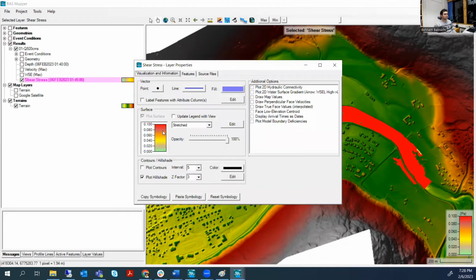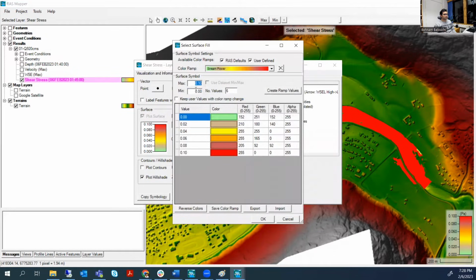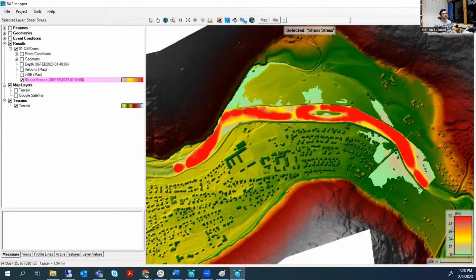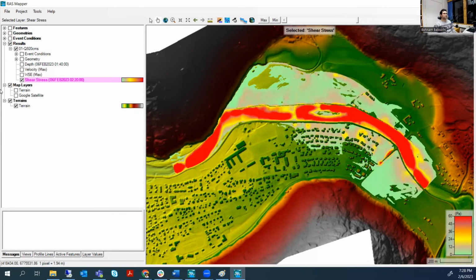So if we want to change this, like from 0 till 60, you can see the results of shear stress. And if you play it, it increases. Or you can see the results of the rest. Or if I right click on it,